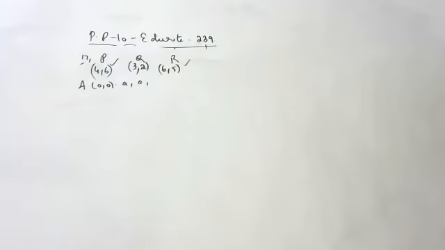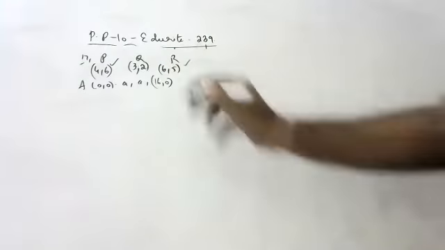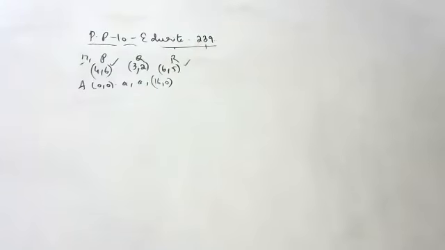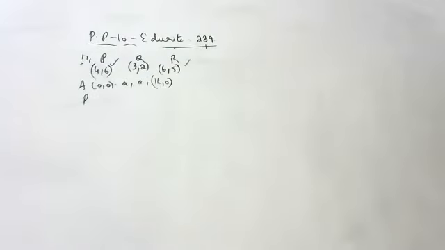And next, what are the coordinates of D? Where is D, children? 16 comma 0, yes, sir. That corner it is there. And next, what are the coordinates of P if D is taken as the origin?